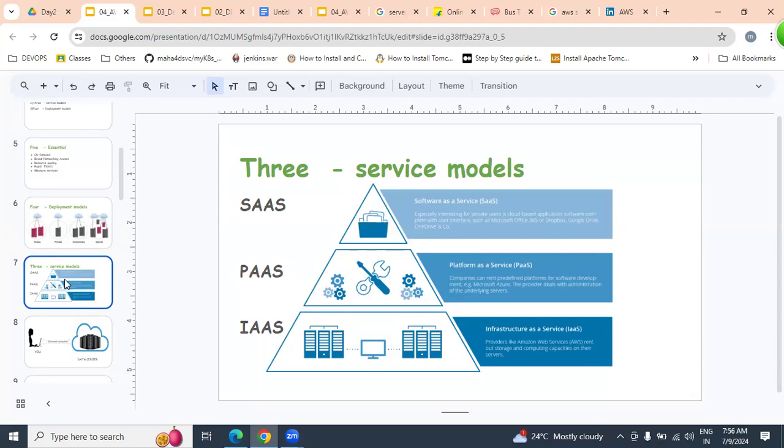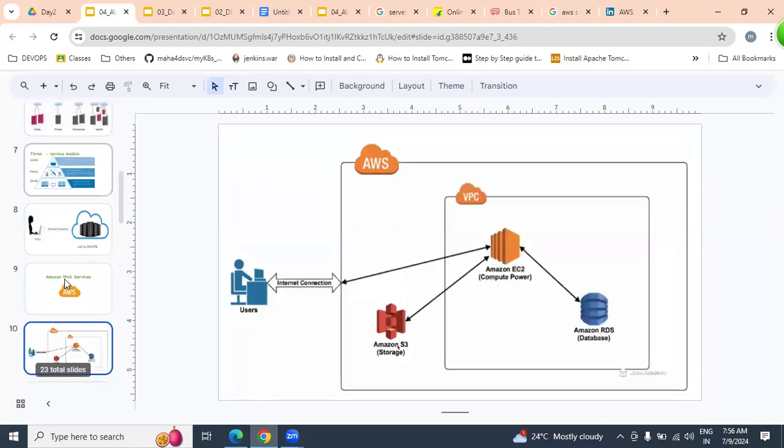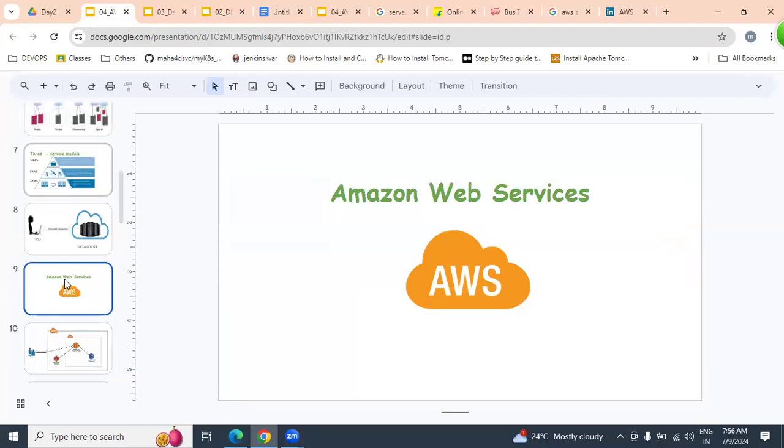And all these things we can get from any cloud. But which cloud are we going to use? Either you go for Google, or Azure, or